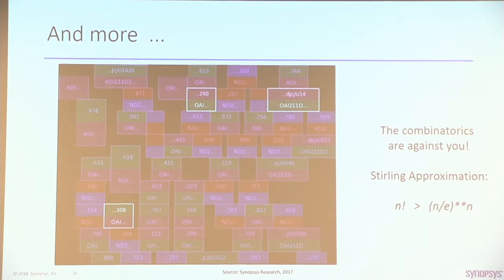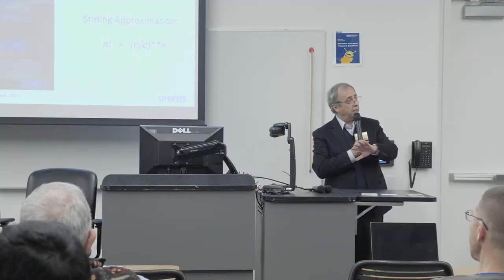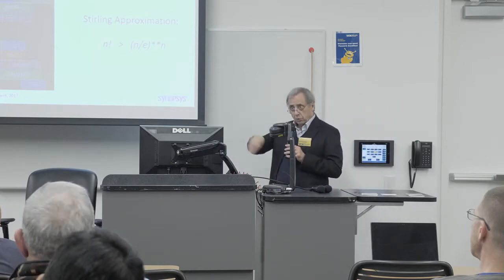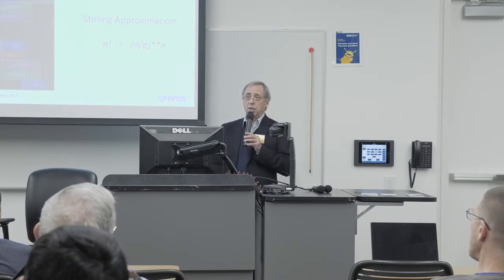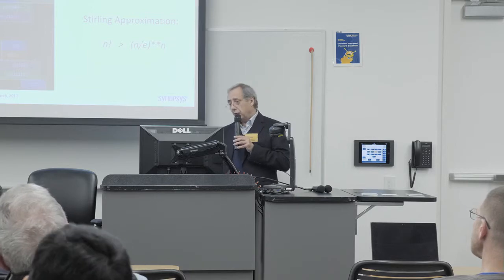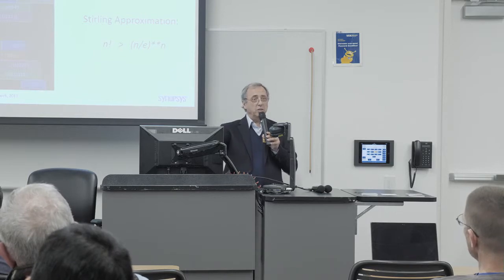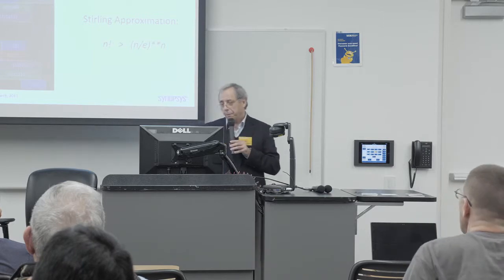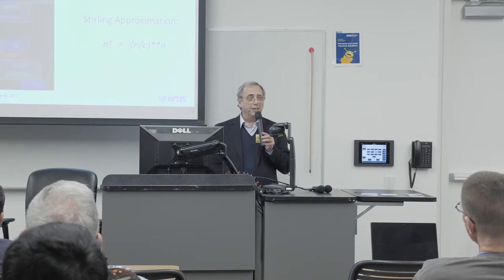But if you look at this today, a small block is 1 million cells, a large block is 10 million cells. So the combinatorics of placement are against you, because if you simplify the problem, the number of arrangements that you could put on fixed sizes for n cells is n factorial. I went back to Wikipedia to take an estimate of the Stirling approximation. I even simplified it. E, let's say 3, 10 million divided by 3 to the power 10 million,